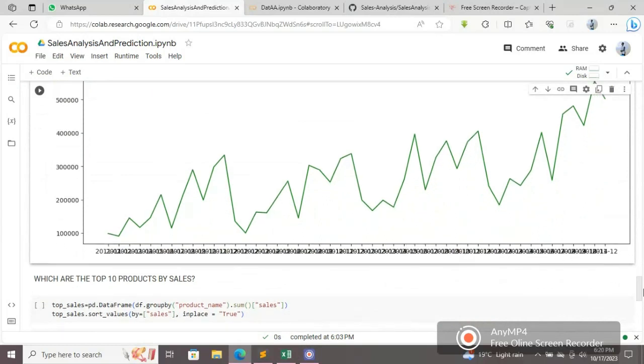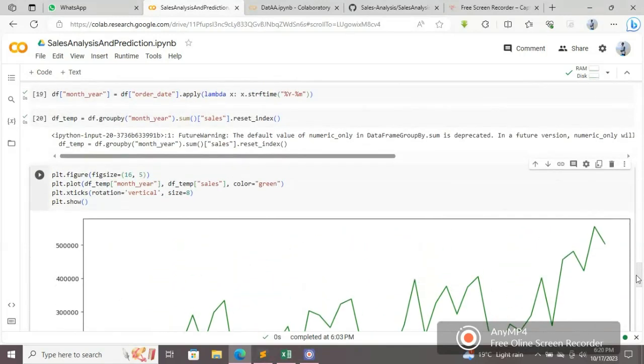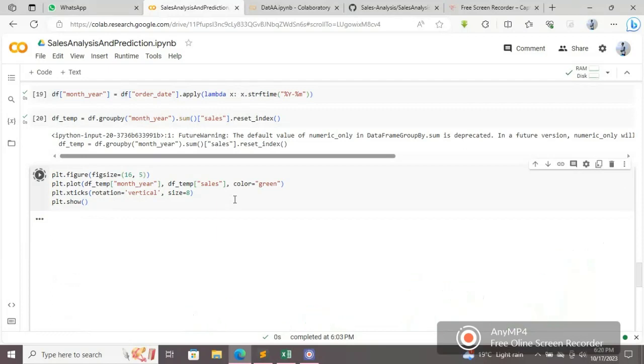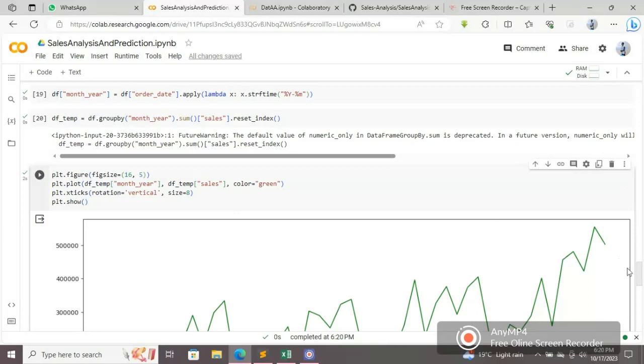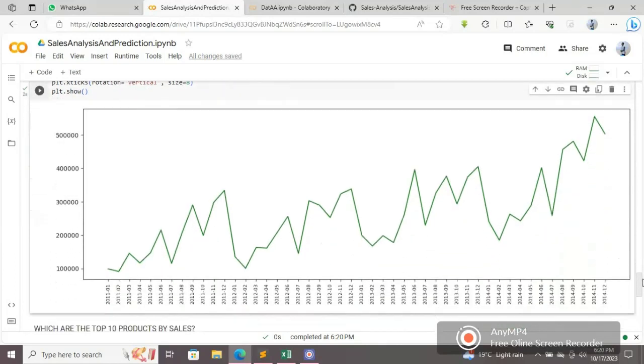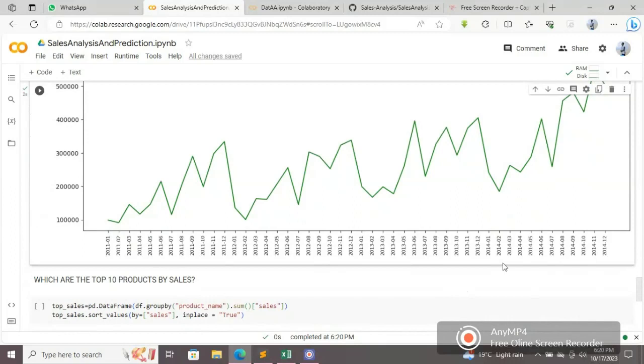So we make the rotation to be vertical. So you can see now the x-axis of the graph looks really well. We had to correct that so that we have a clear graph. So from where we were, so we are